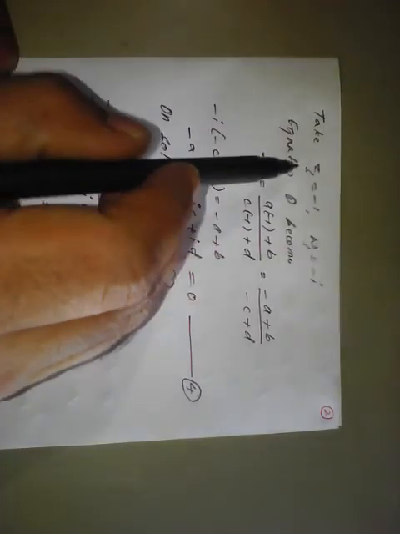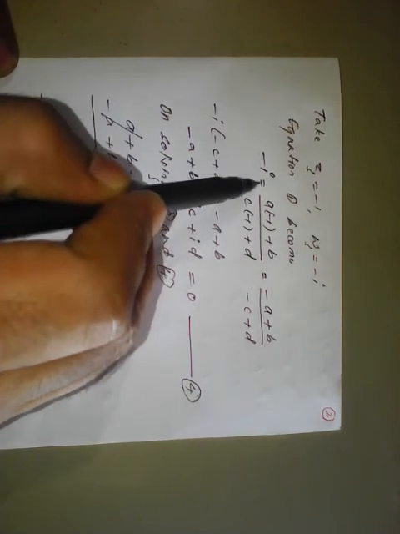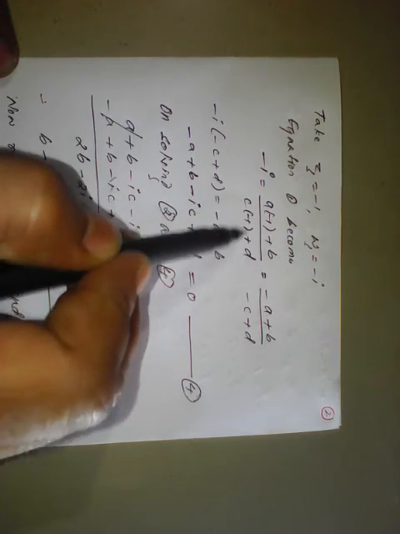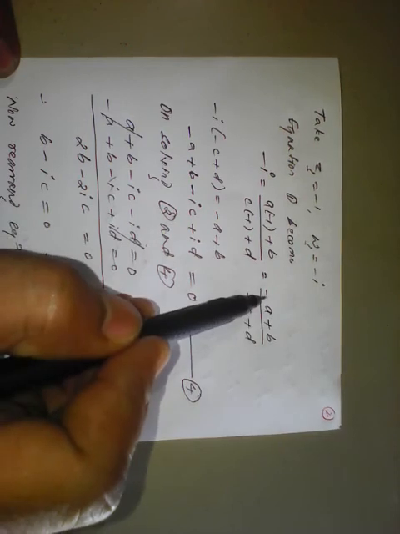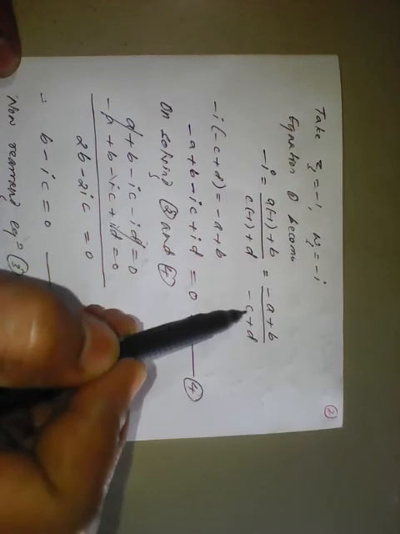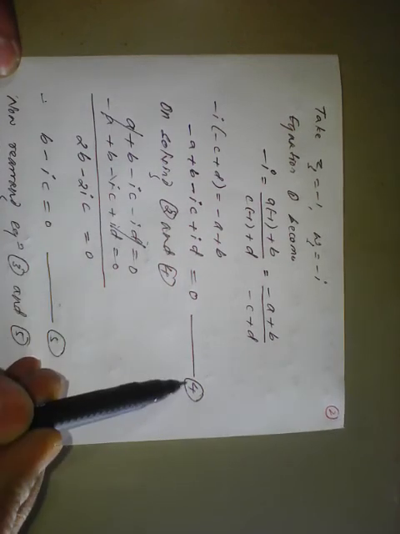Now similarly take the last values z3 and w3 and apply them in equation number 1. So it will become minus i equal to (a times minus 1 plus b) divided by (c times minus 1 plus d). On simplification we will get (minus a plus b) and (minus c plus d). Cross multiply this (minus c plus d) to the left hand side, we have minus i on the left hand side, so it will become minus i times (minus c plus d) is equal to minus a plus b. On simplification we will get this equation number 4.